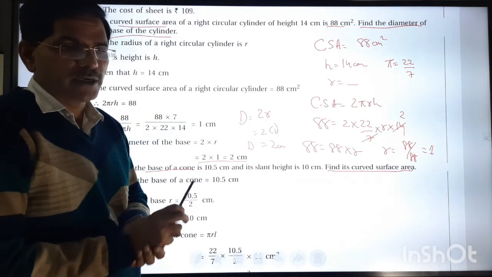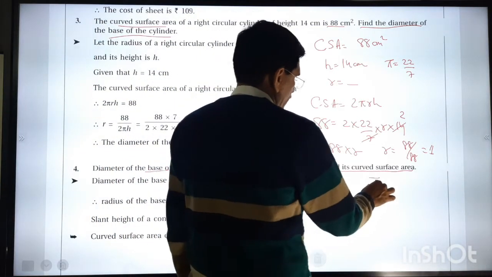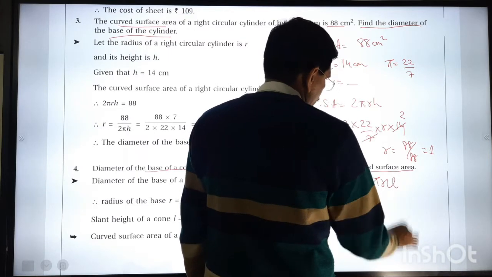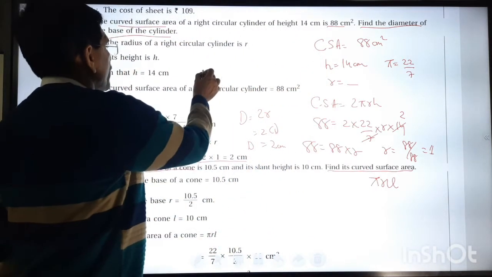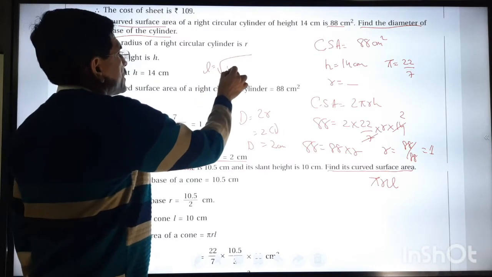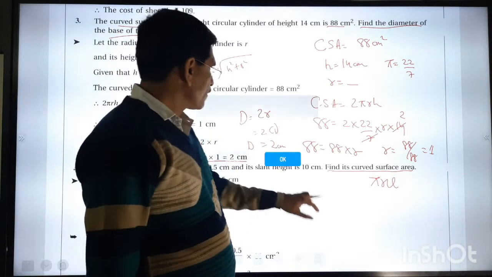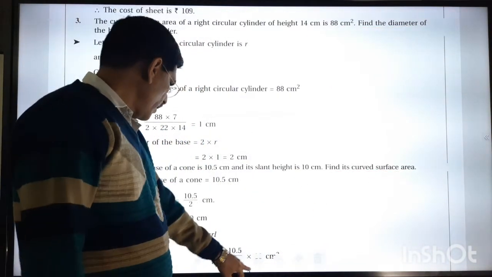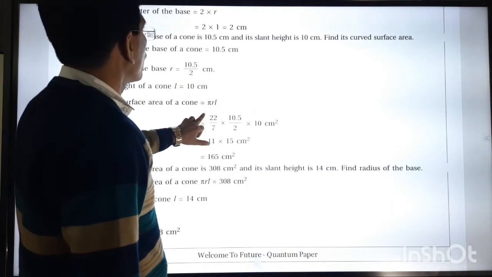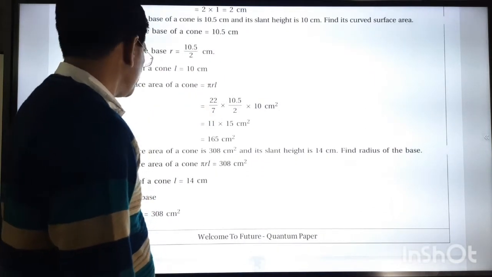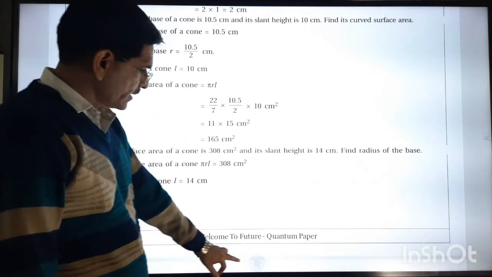Now everyone, remember what is the formula for cone? The formula of cone is pi r L. So what is the meaning of L? L means what? Remember it, L means the square root of h square plus r square. So remember that. Now the next sum we want to discuss is question number 4. Again it's a cone. So two sums related to the cone we have discussed here.